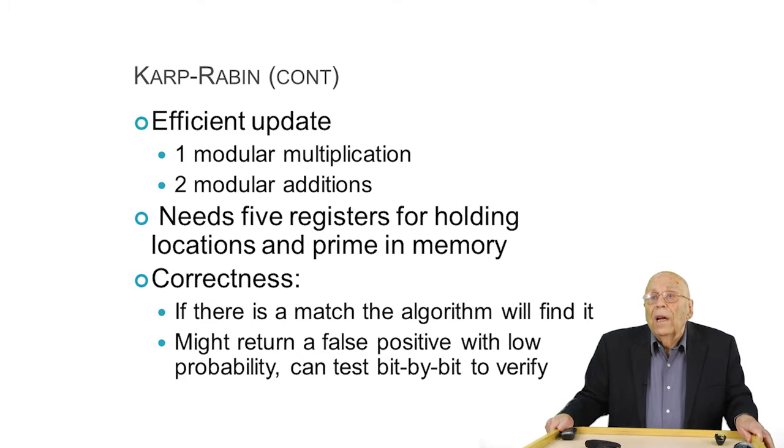Now, continuing the description of the Karp-Rabin algorithm, there are efficient updates: 1 modular multiplication, 2 modular additions per update, 1 move forward within the text. It needs only 5 registers for holding locations and prime in memory. Correctness I have already